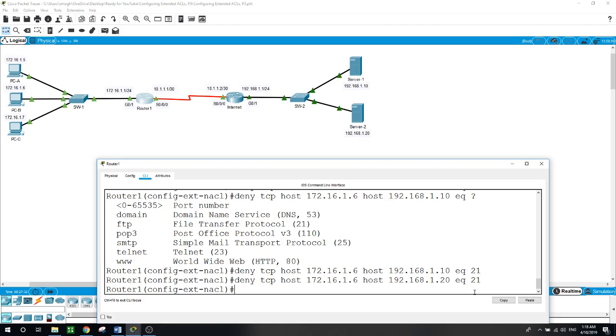Now we deny the PCC from pinging server 1 and server 2. So PCC here cannot ping either server. We started with deny ICMP for the host 172.16.1.7 to the host of server 1, which is 192.168.1.10,